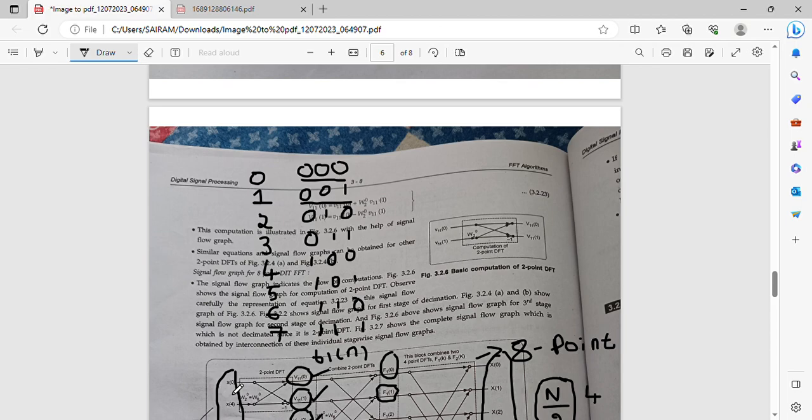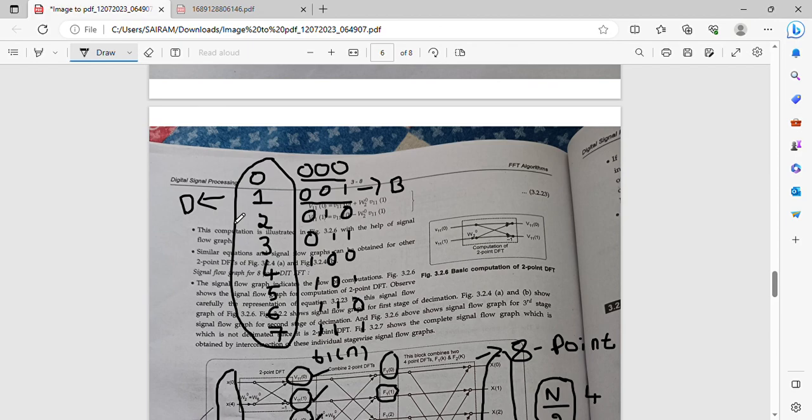So for x of n, these values are in decimal, and now these values are in binary. I'm writing all the decimal values in binary. Digital is always in binary form, right? That is what I was about to tell you. I said digital, but that's binary form. So now whatever digital values you have converted to binary form,